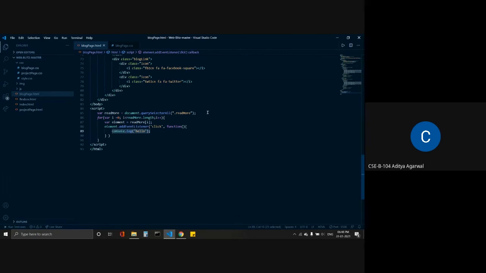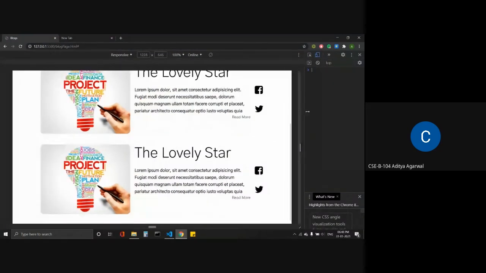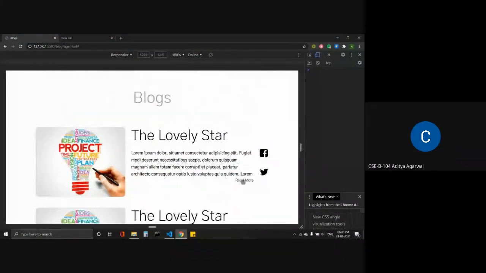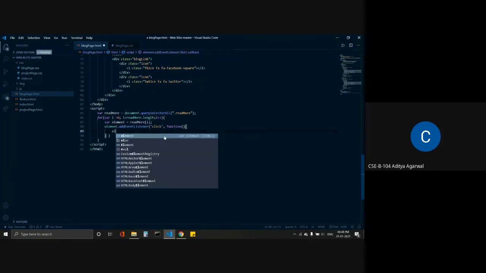But this is not what we want. We want this section to be expanded every time we click read more, and we want the read more text to change to show less. We can do that. So first let me write the code, then I will explain.